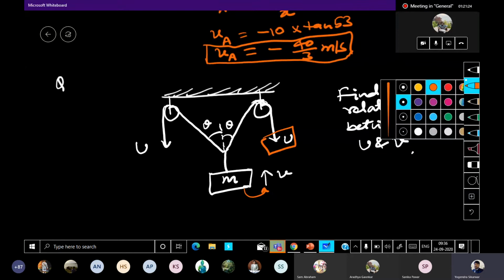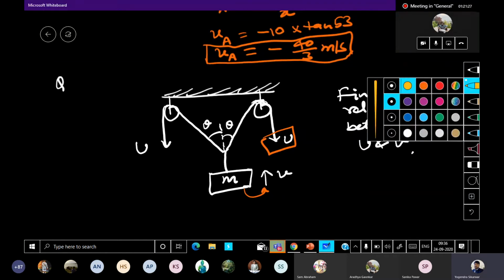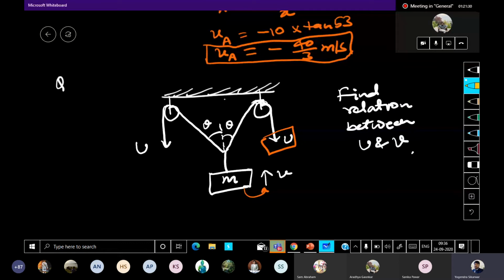Everyone, please pay attention. In this question, I'm considering this point as O, this distance as X, this distance as Y, and this as L. Y is the vertical distance of M, X is the horizontal distance of O, and then L. Again by Pythagoras theorem,